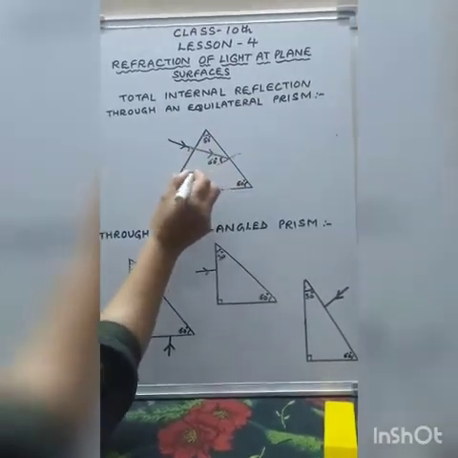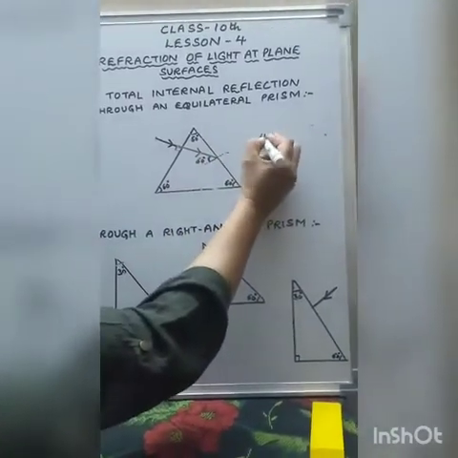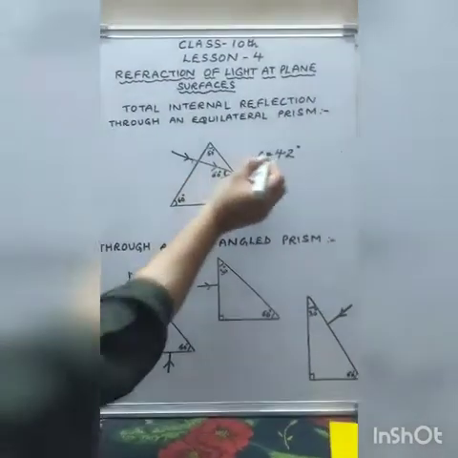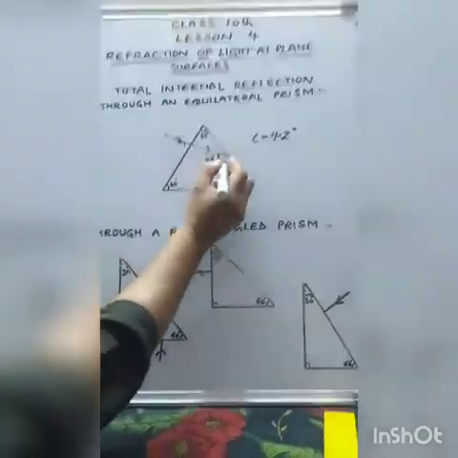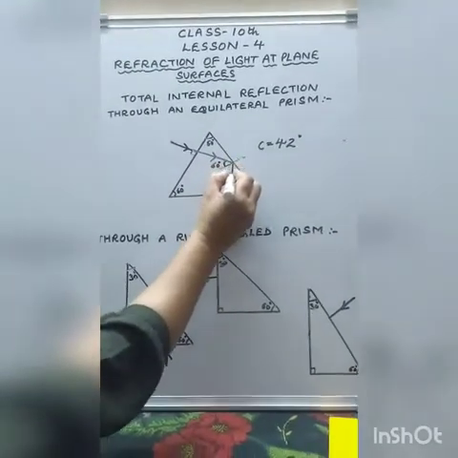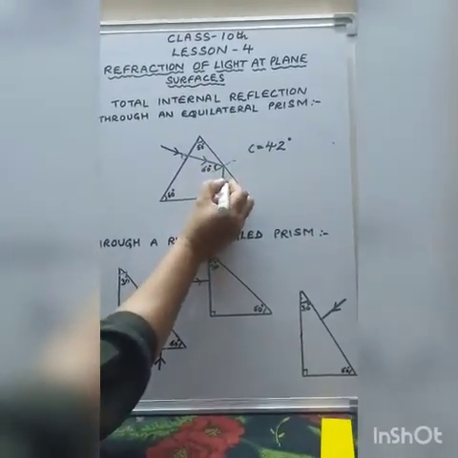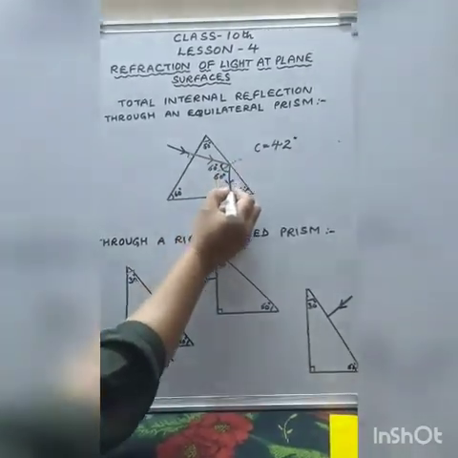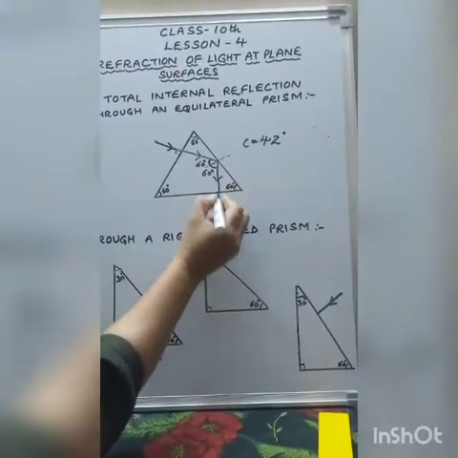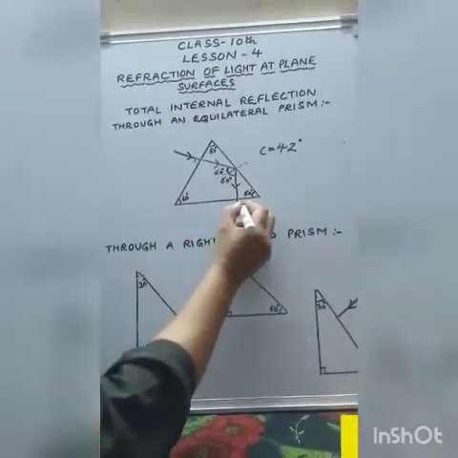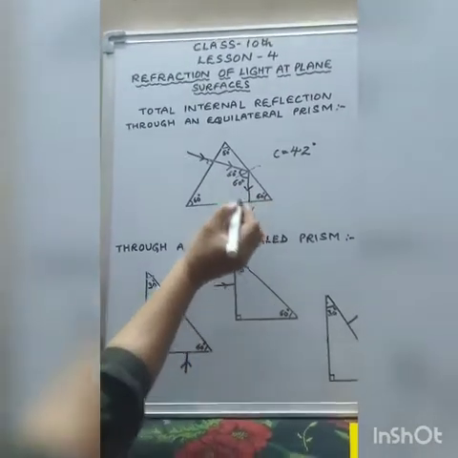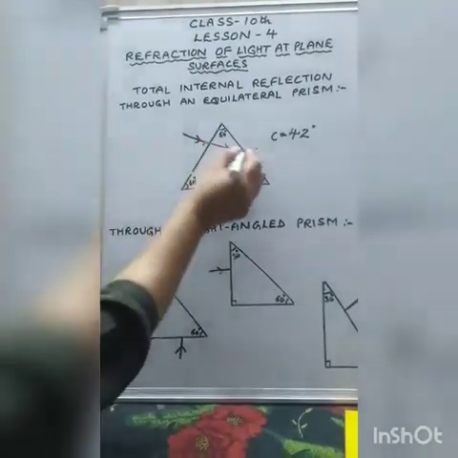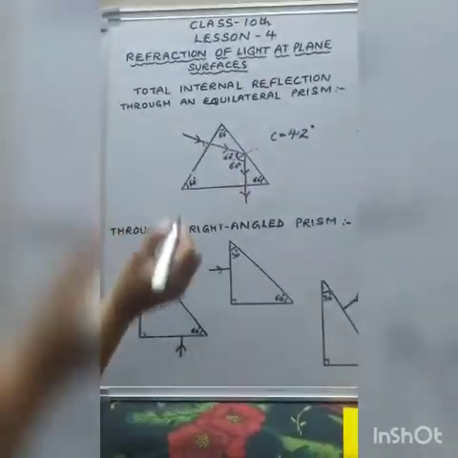And the critical angle for the glass-air interface is 42 degrees. Thus, whenever the angle of incidence is more than the critical angle, there is total internal reflection. The whole of the ray is turned back into the same medium, and the angle of incidence is equal to the angle of reflection. Now this ray will pass undeviated because it is falling on the surface BC at 90 degrees. Thus, this is the incident ray, this is the emergent ray. It has turned through an angle of 60 degrees.